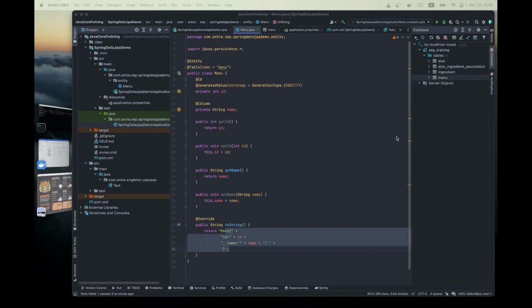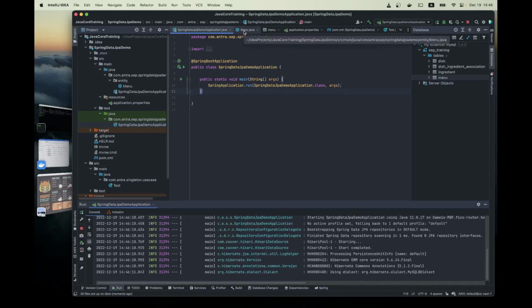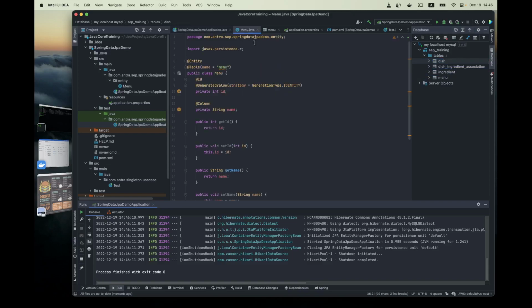After we set up the Spring Boot with Spring Data JPA environment, and we are able to connect to the database, now we can create classes to map to the database tables we already created here. So I already put this Menu class, and also I created the mappings to the table. We have the @Entity annotation and the @Table annotation, that is to indicate that this class will be used to map